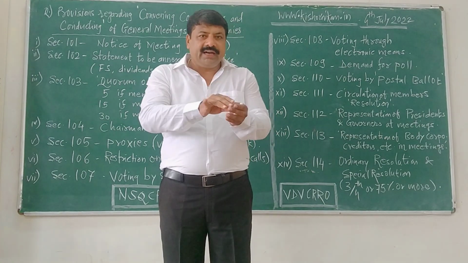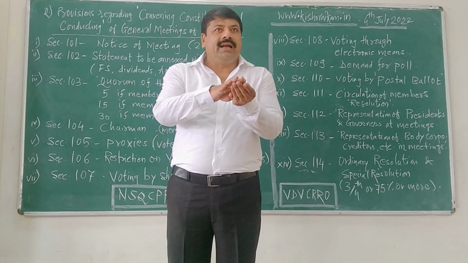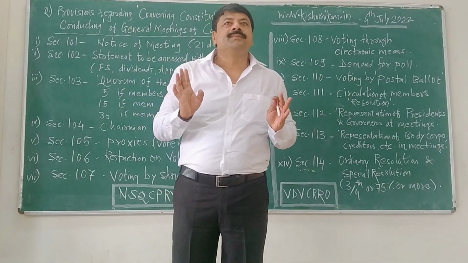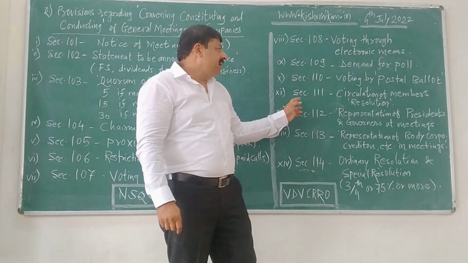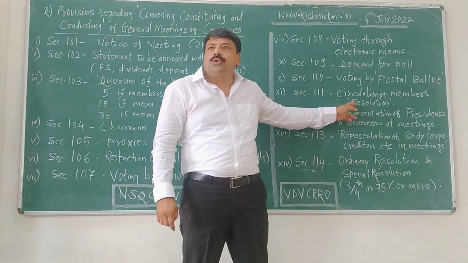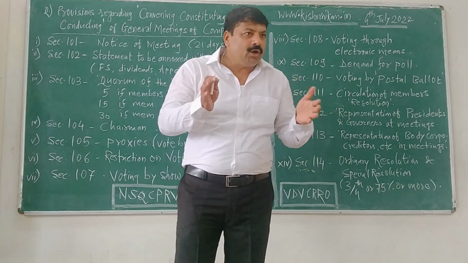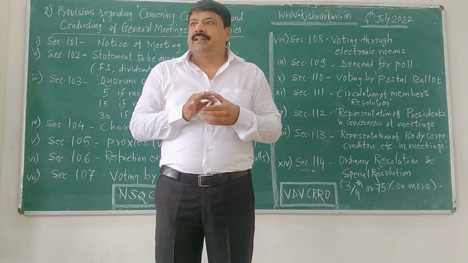And he has to secretly put it into the box by folding that particular ballot, and it will be dropped into a box which is already locked. So that is voting by postal ballot. Section 111, circulation of members' resolution. For what reason? The main agenda of the meeting, for which the meeting has been conducted, will be printed and